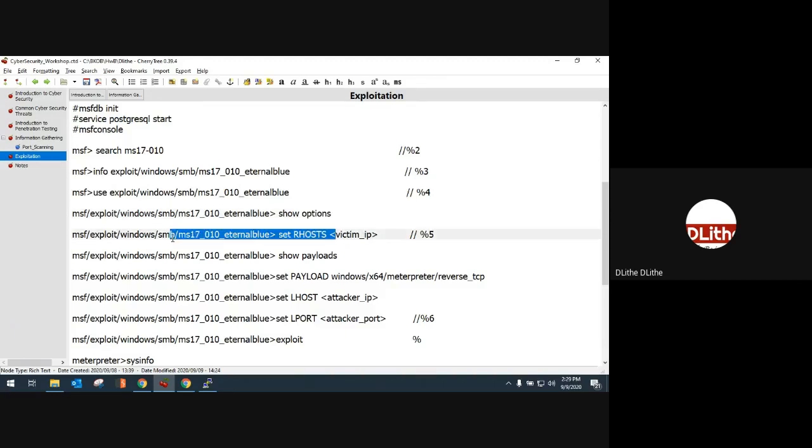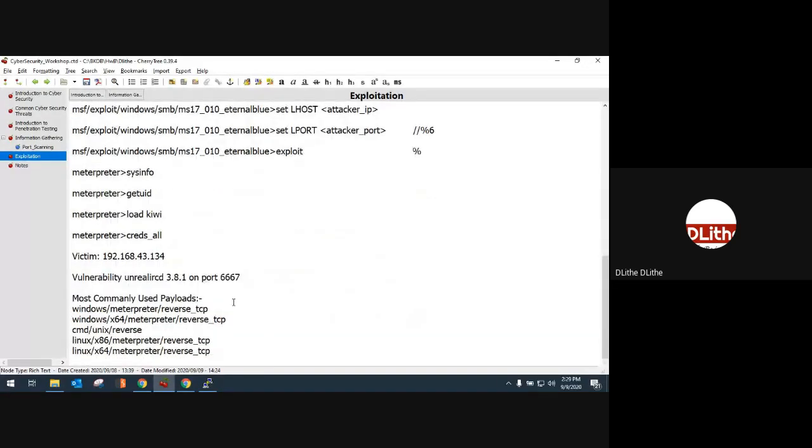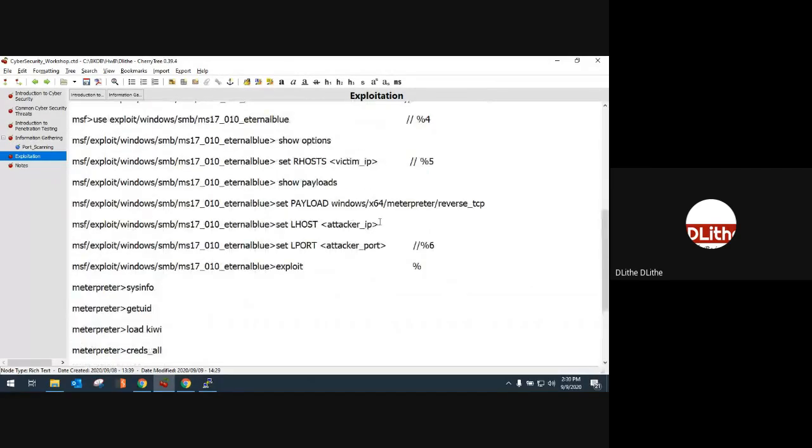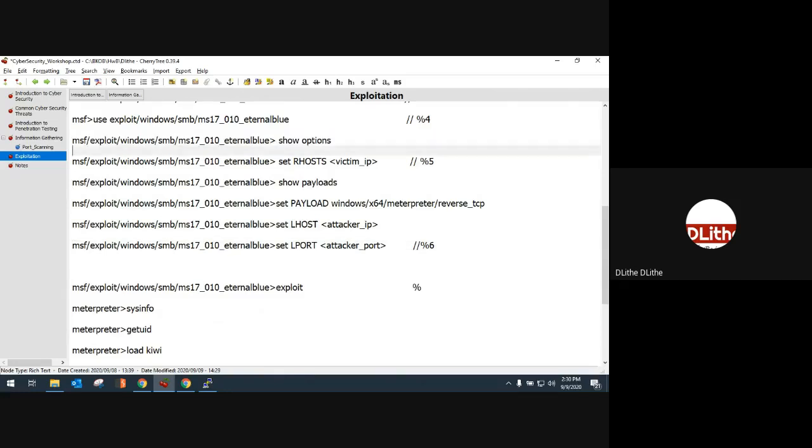Provide all that information. Next, once you have given all the information regarding the exploit, check which payloads are compatible with your current exploit. Either you can go to info and search about the payloads, or you could use the commonly used payloads. And once you import the payload, kindly provide your exact IP address, that is your attacker machine's IP address, and the respective port. And before attacking, always make sure that you verify the given information is accurately set up or not.